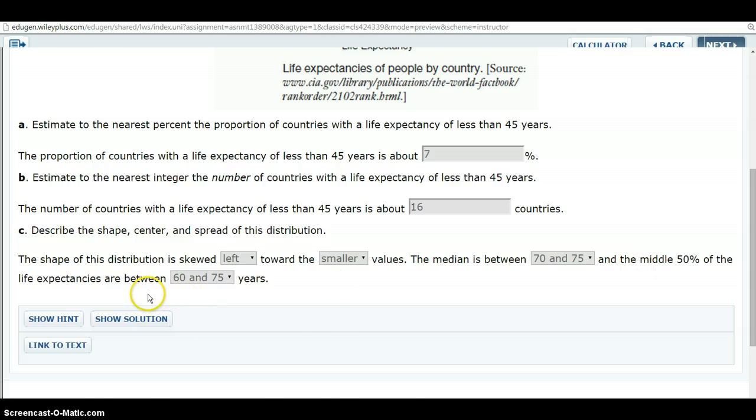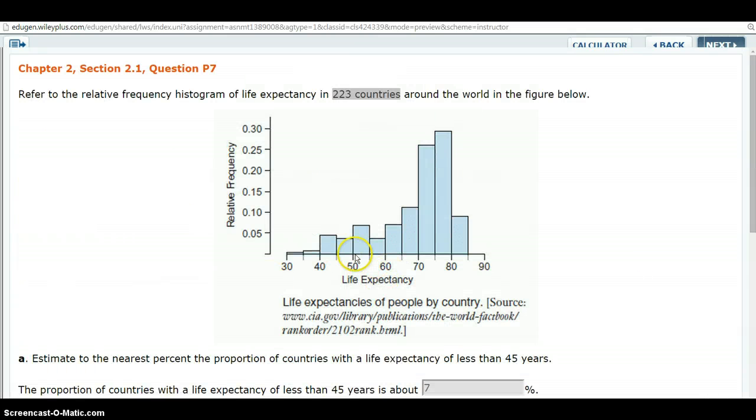The middle 50% of the life expectancies. In other words, if I chop off the bottom 25% and the top 25%, what does that leave me with? Well, let's find out. So we already said that this was about 6 or 7 to get us up to this cutoff. We're going to throw another 5% in there, so that's about 11%. Here we're getting about 7, maybe 18%. Here's another 4, 24%. So the 25% mark is right around 60.